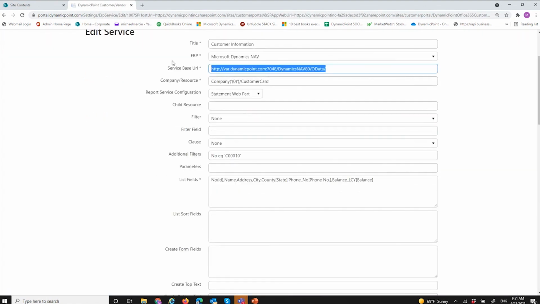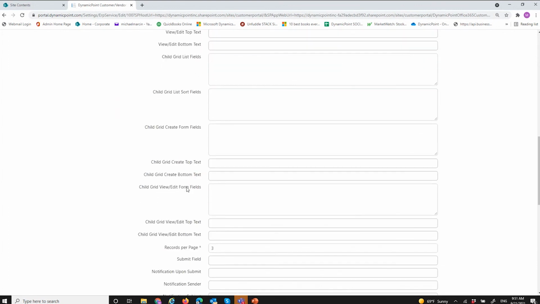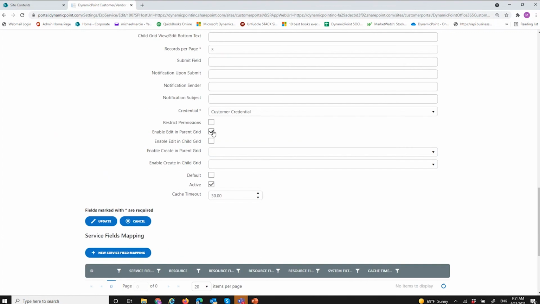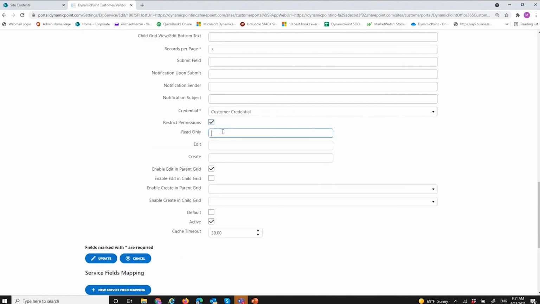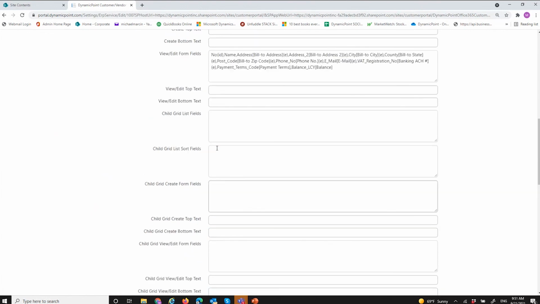If I were to click on any of these, you're really just going to see a series of fields that are provided by that page and whether or not I've enabled them for edit or read only, what I want on the header, what I want on the line items, and whether I want to restrict permissions by users. So I could set up groups and only give certain people access to edit things. So the short answer is yes, but I wanted to show you.